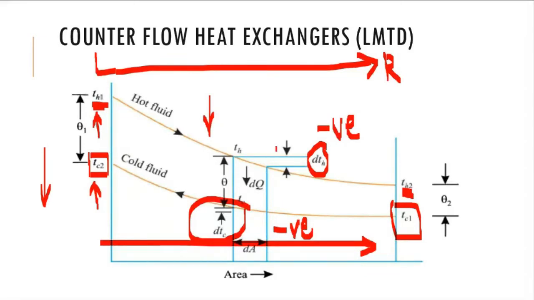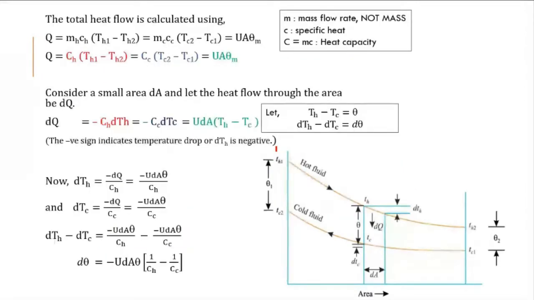Okay. Now again we will go to the analysis. We are going to use the same steps we used for the previous derivation. So we have Q, the total rate of heat transfer. It can be given by the heat lost by the hot fluid, also equal to the heat gained by the cold fluid, also equal to the rate of convection in the heat exchanger. Now the heat lost by the hot fluid is given by mc delta T. m is the mass flow rate of the hot fluid, small ch is the specific heat of the hot fluid, and TH1, TH2 are the inlet and outlet temperatures.